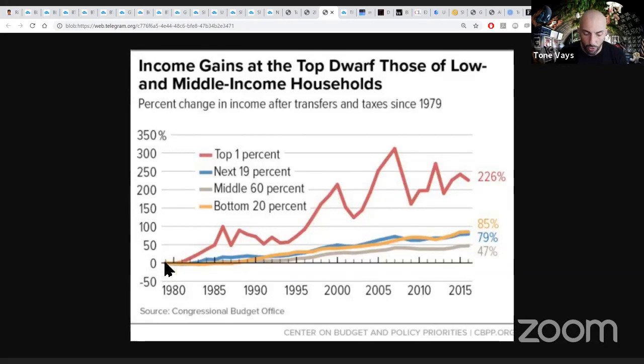So I bet you if you took a snapshot of family wealth in 1980 and who was in the top 1%, and you look at where that family wealth is today, I guarantee you this thing will not look this steep, not even close, okay? It's very possible that the next 19 have done better than the top 1% if you took a snapshot of the families and the people that were in that 19. Because in the US, it's still a somewhat capitalist society where your intellectual property, where your innovation, where your hard work is rewarded.